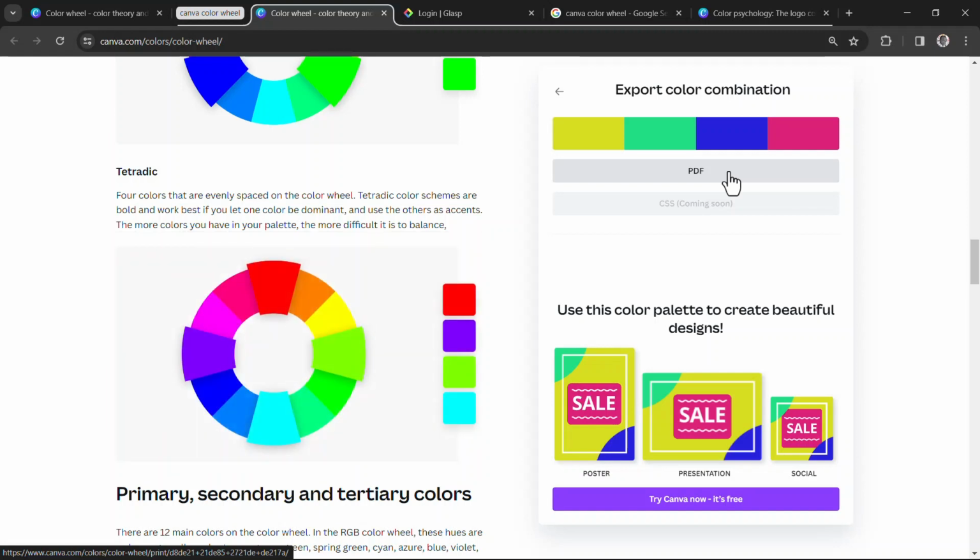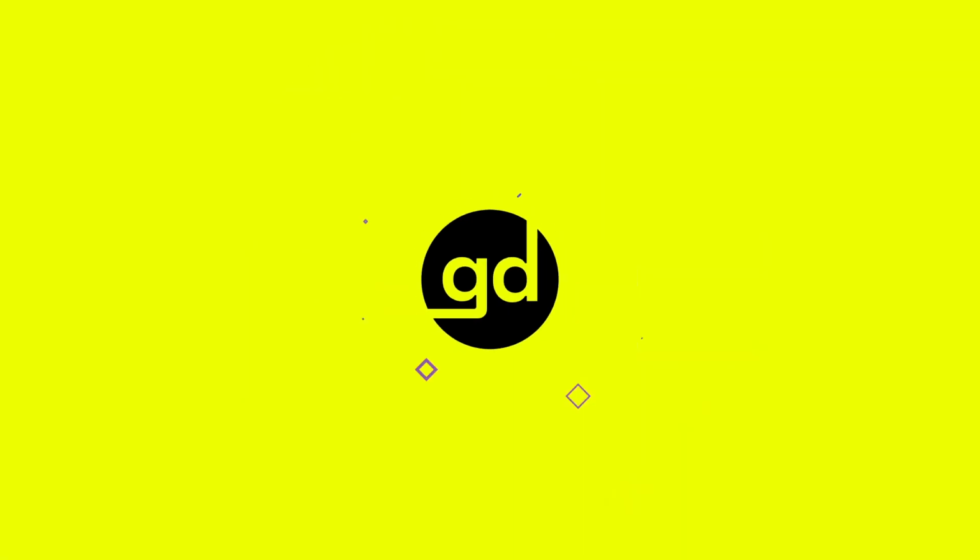I know you already learned something about how to use the color picker to pick colors, so you can just save this as your PDF and pick the color, or you can take a screenshot if you're using your phone, and just pick this color and use it in your design. Okay,